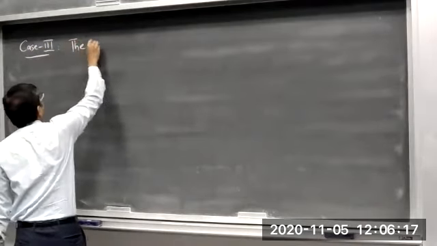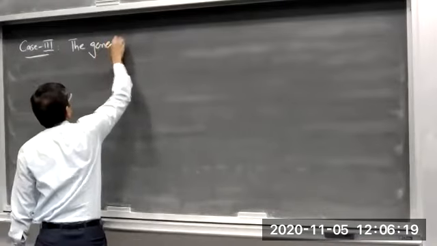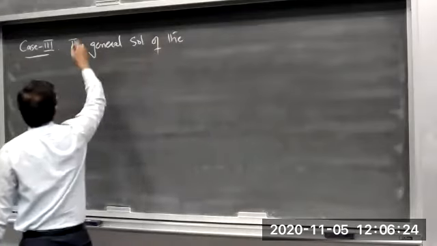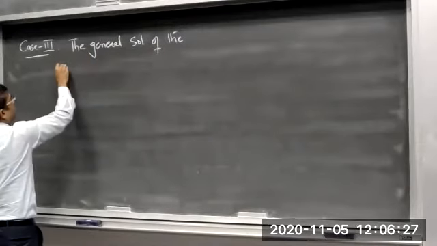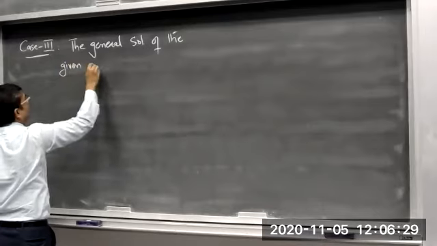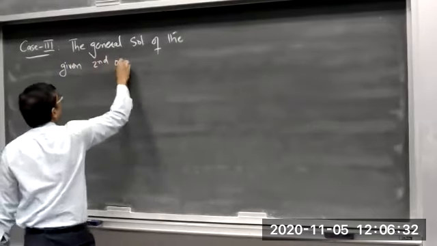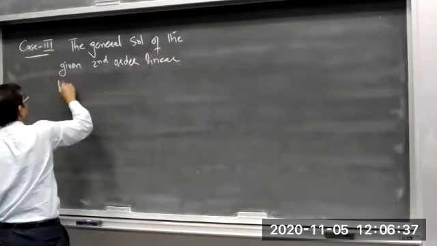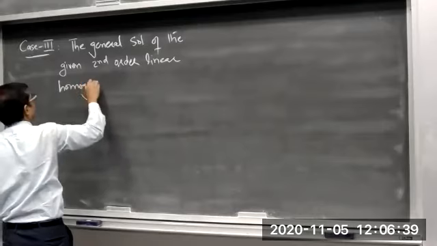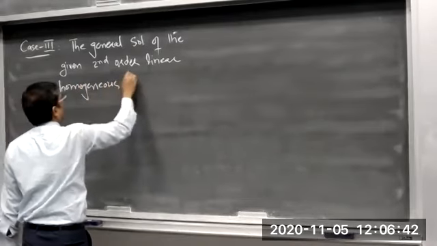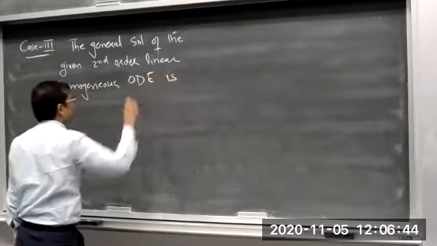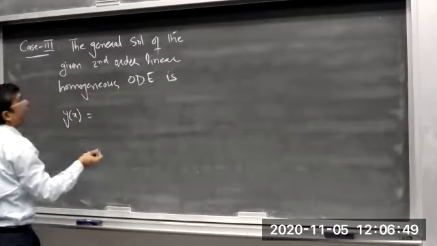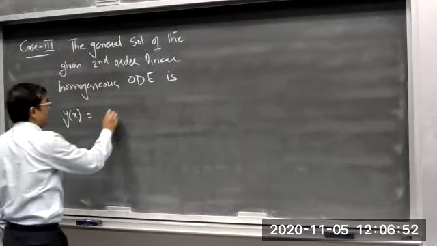The general solution of the given second order linear homogeneous ODE is defined by y of x is equal to, as we defined for the previous 2 cases, C1